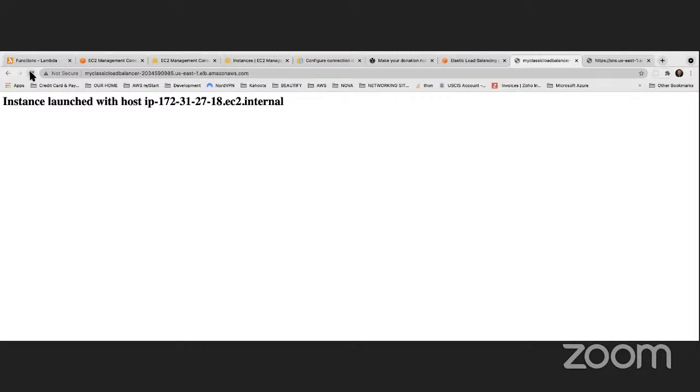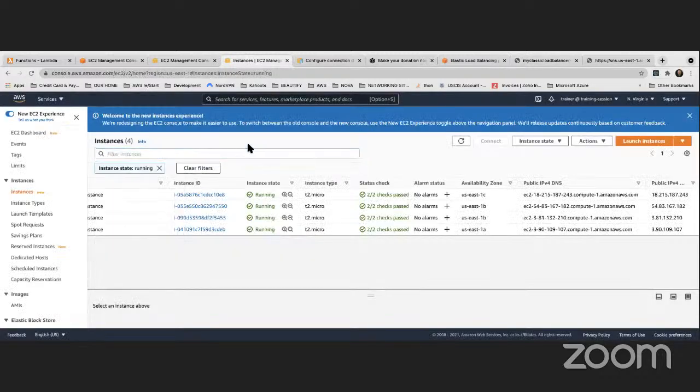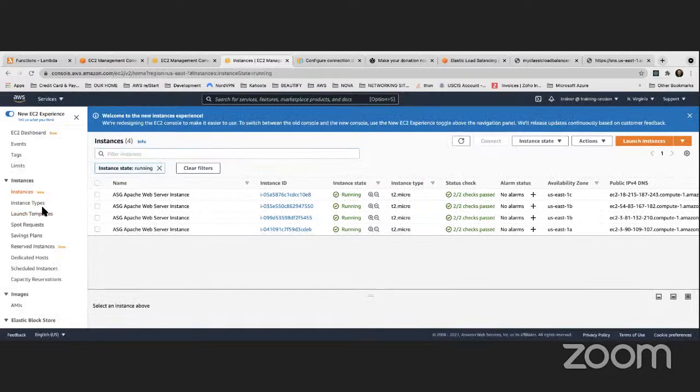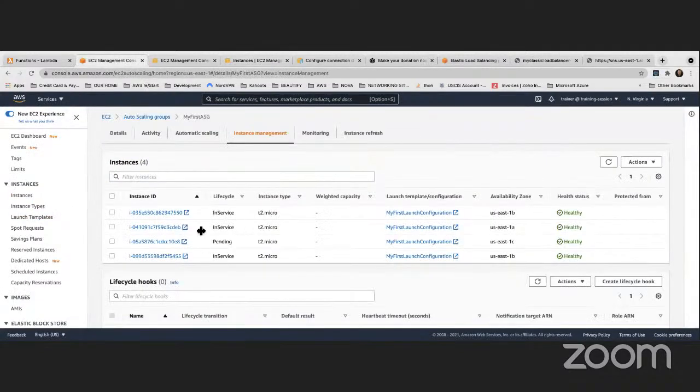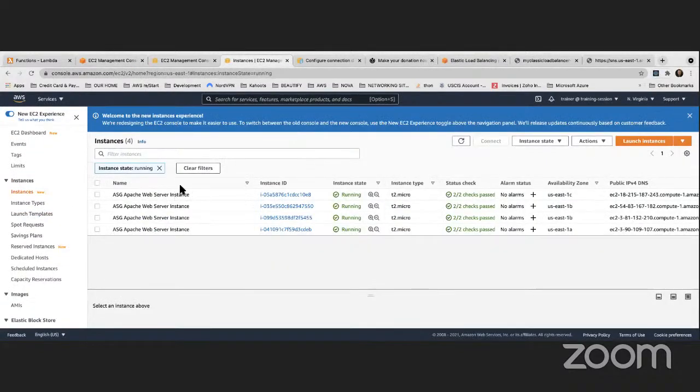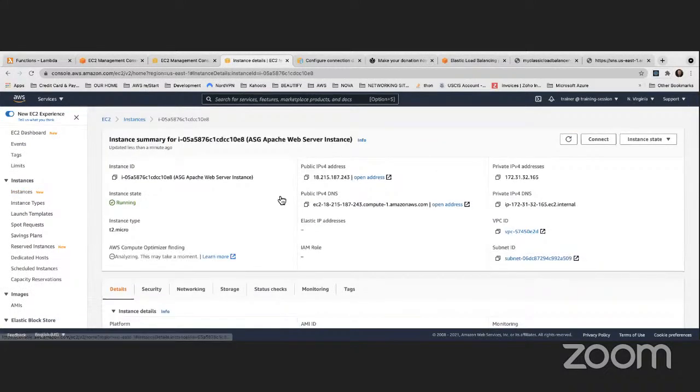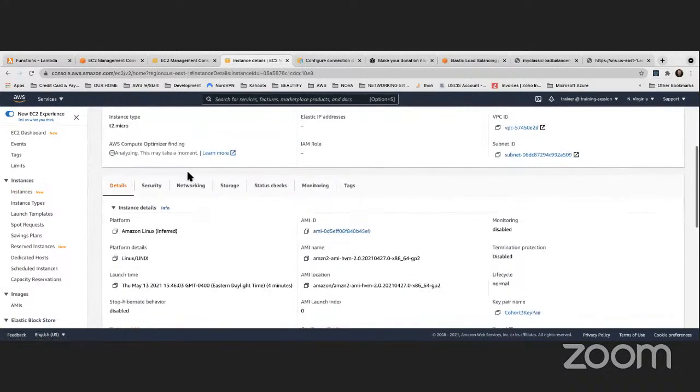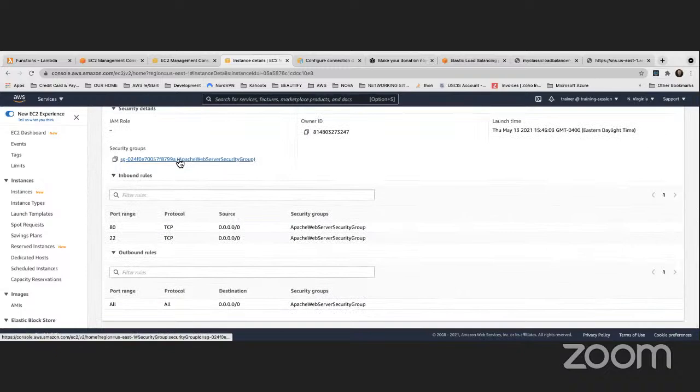You see? Now, why not go to the instances and change the security group? Remember, the security group is back to 80. Why not put the security group of the